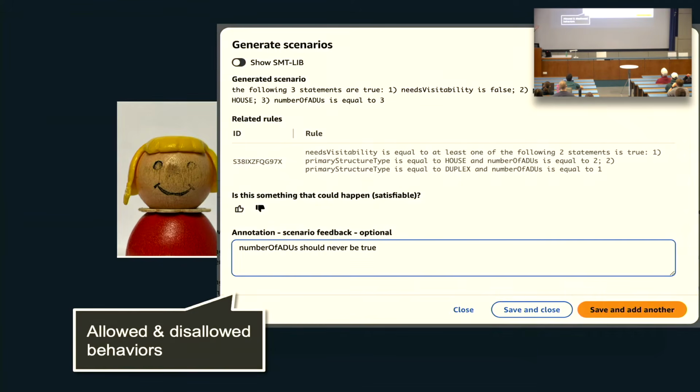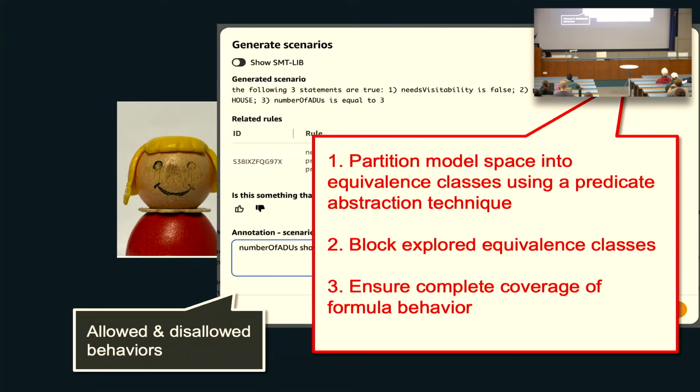Right? And they can say no, and then they can give us some natural language feedback on why it's not true, why this isn't right, and then we can take that back to the language model and ask for help, right? And so if you understand logic and think it through, you're going to be like, whoa, there's going to be a lot of examples. And so we have some techniques where we build equivalence classes of them, and we find one example, and then we block that, so there's a bunch of tricks that we're trying to do.